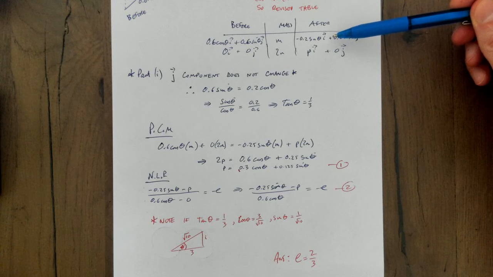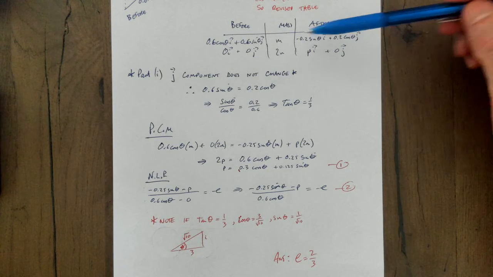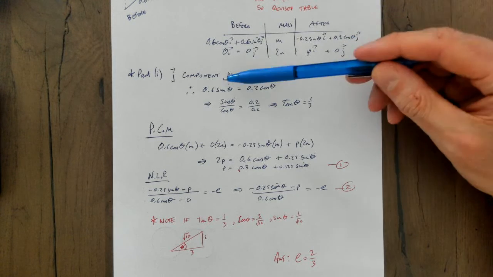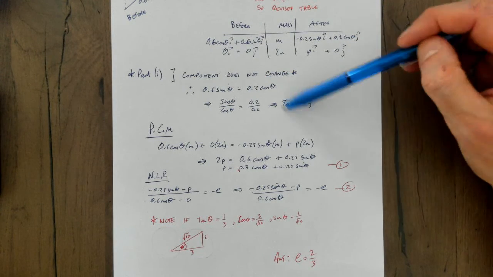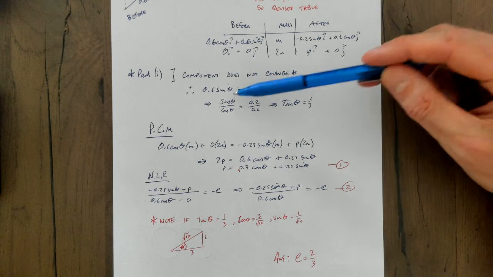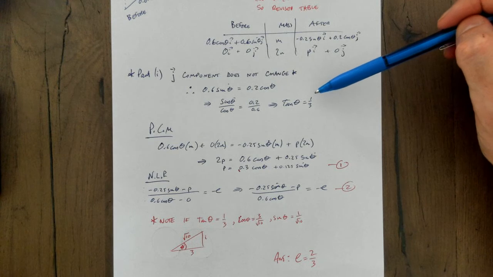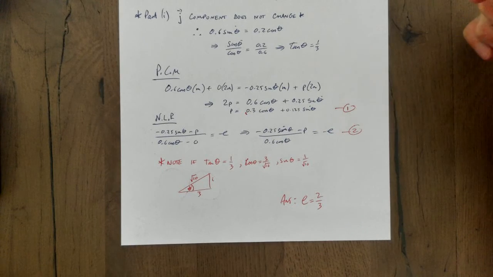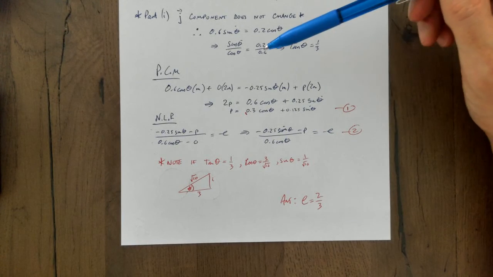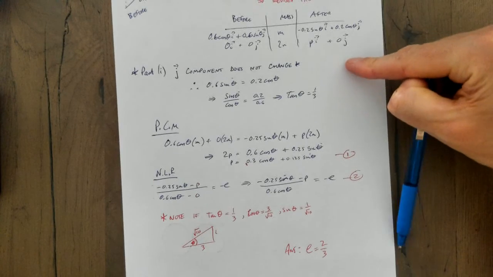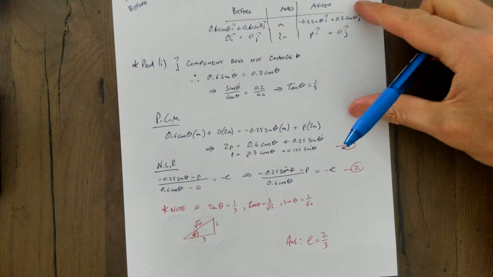Okay, now we know the j component does not change because it hits along the I-axis, so I can equate them, and that gives me the answer to the first part when I rearrange it, right? So 0.6 sine theta is equal to 0.2 cos theta. I get tan of theta is a third. Then I go into my setup. Okay, I'm not going to finish this for you, by the way. So from the table here, which is going off the screen, sorry. From the table here,